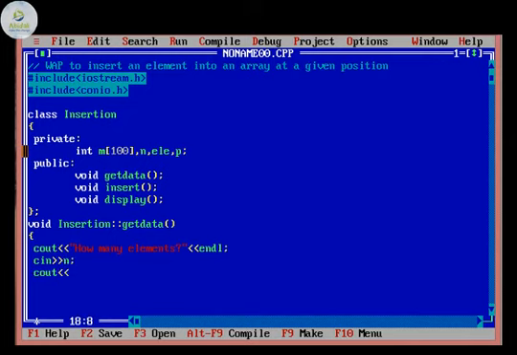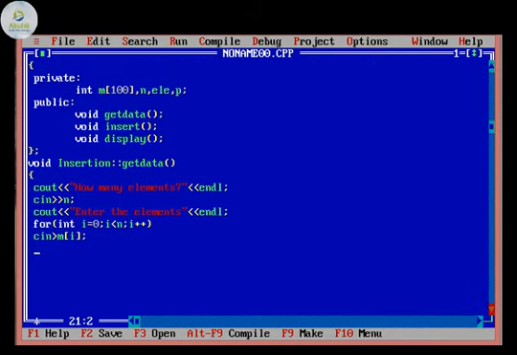Cout will ask the user to enter the elements of the array. Then we close the double quotes and move to the next line, because we need to accept a list of values beginning with 0 and ending at n, and each time the value is increasing by 1. So the looping will be taken, and the input that we need to take is cin M of i, the elements of the array.